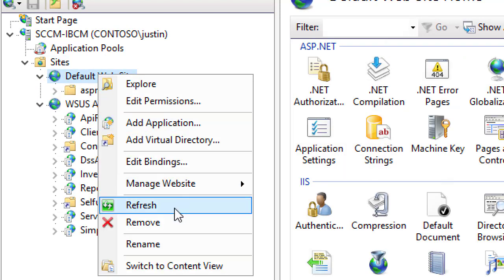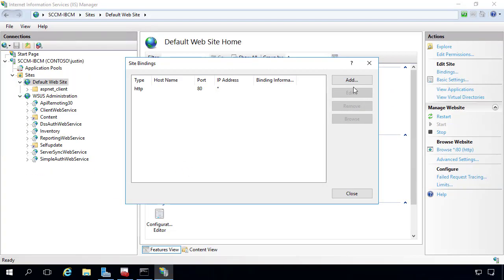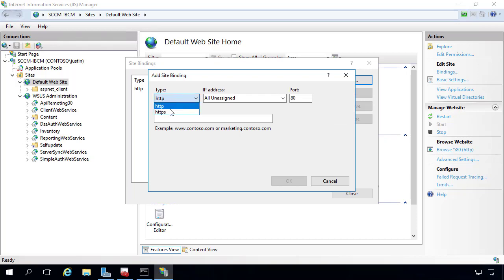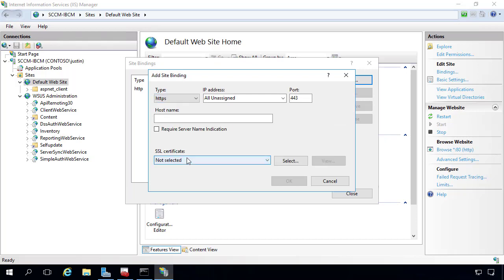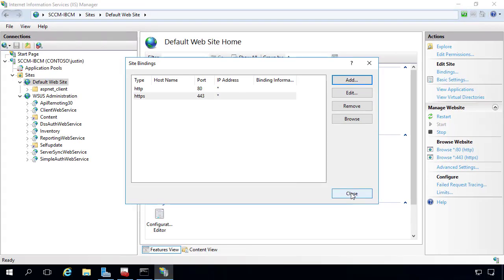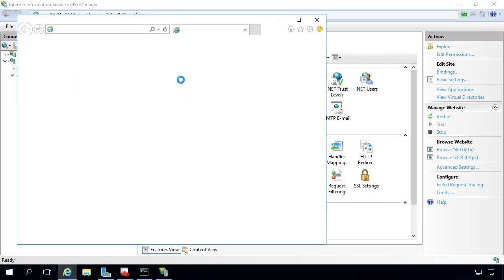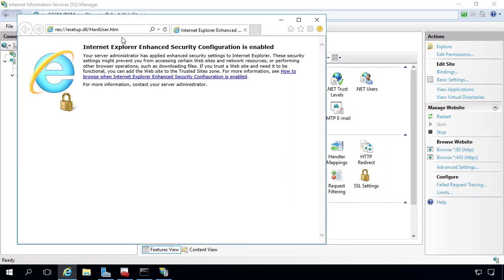Now what we want to do is under the default website, we want to edit the bindings. And then we're going to add our HTTPS binding and then choose that IBCM certificate. So that should be good here. So if we close that and if we open a web browser, what we should be able to do is browse out to HTTPS SCCM-IBCM,